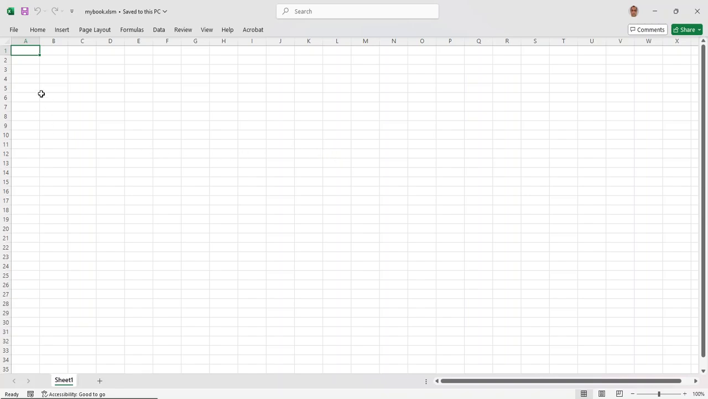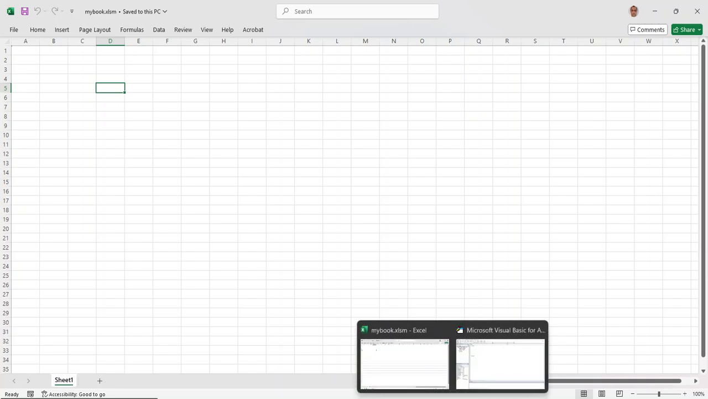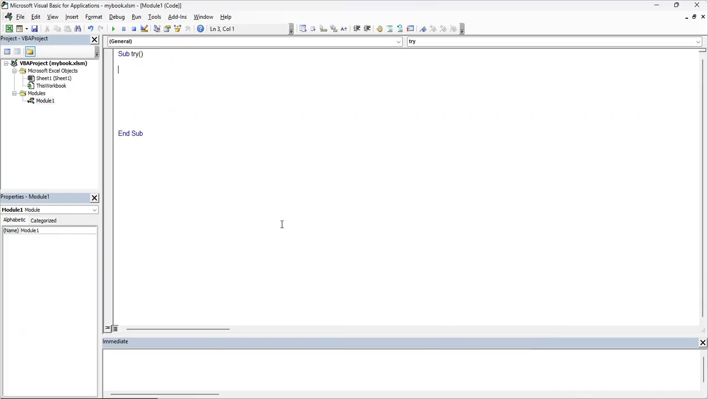Say, for example, in this entry, D5, D column, fifth row, I want to put some entry out here. Something I will write here. So let us see what is to be written. And to begin with,